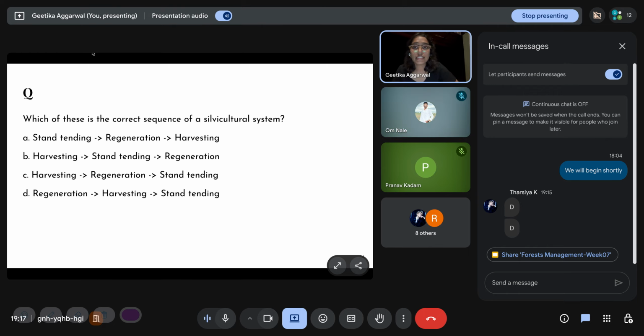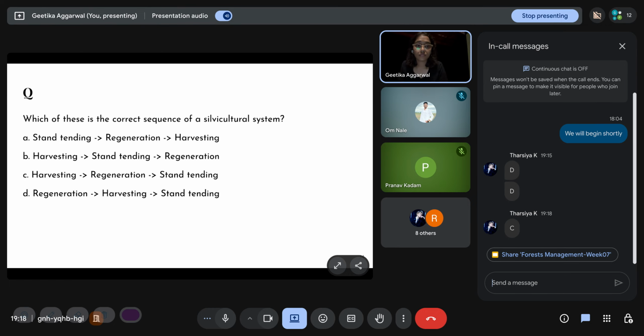Which of these is the correct sequence of a silvicultural system? Tending, regeneration, harvesting, harvesting, tending, regeneration, tending, or regeneration, harvesting, and tending. Which of these is the sequence of silvicultural system? Harvesting, regeneration, and tending. Other people,